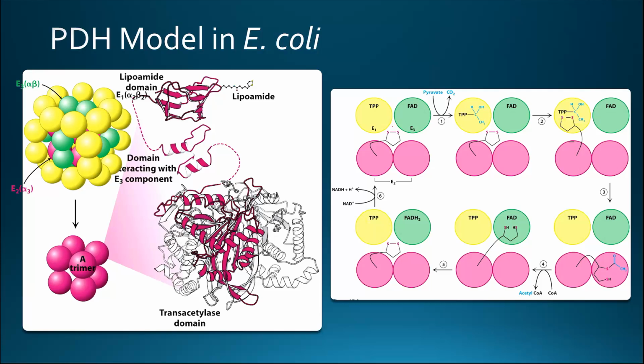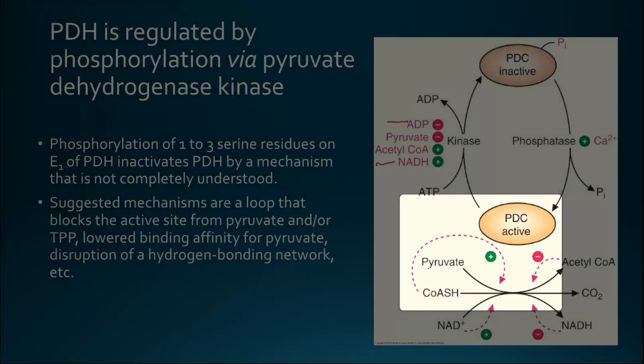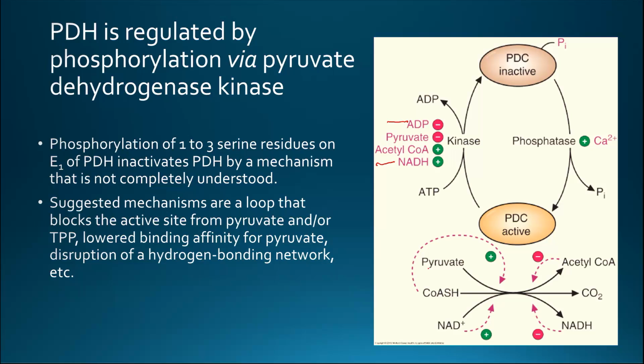Here are a couple of examples. It turns out that pyruvate is an allosteric regulator of pyruvate decarboxylase. It is an activator, so this would be substrate activation. This makes sense metabolically because if the cell has an excess of pyruvate, then it needs to use that pyruvate in some way, and a natural way to use that would be to have it transfer the acetyl group to coenzyme A and enter the citric acid cycle to be used for energy.